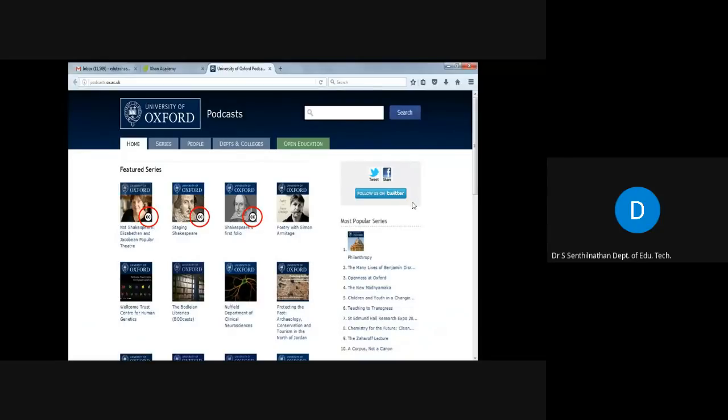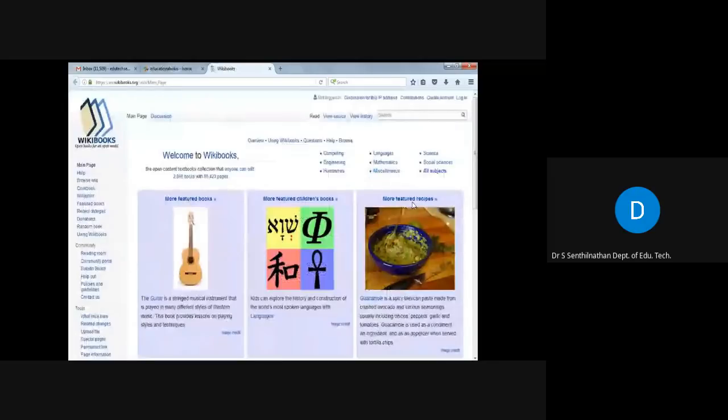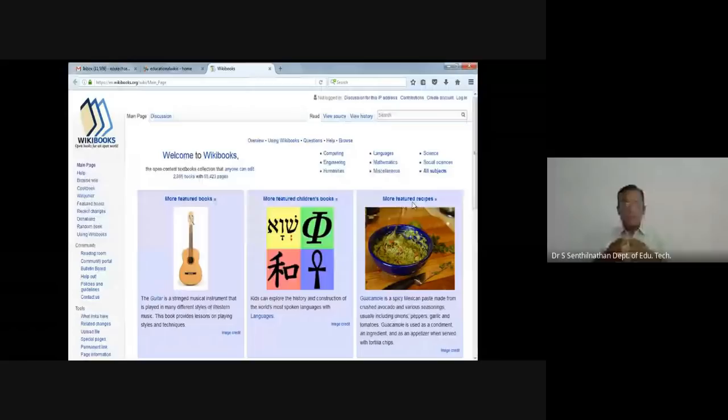I have talked about blogs, podcasts, and another thing is wikis. Most of the people restrict their understanding of wiki to Wikipedia. But wiki is not only Wikipedia. Wikimedia is there, Wiktionaries are there, wiki maps are there, wiki books are there. In wiki format, you have plenty of content. And one of the most important advantages of wiki platforms and wiki books and Wikipedia is that anyone can edit. You can log in and do some edits.